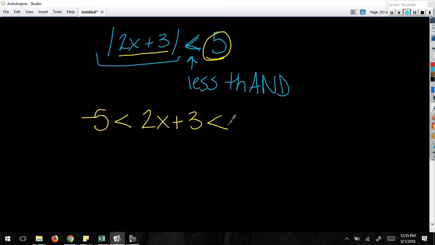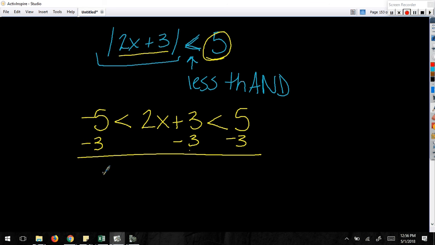And so we're kind of sandwiching this between, and then I am going to write the same number again. So we're sandwiching it between the opposite and the same sign. So now when we solve this, instead of it being just one piece, when we isolate x here in the middle, we're going to have to subtract 3, not just from 2 sides, but all